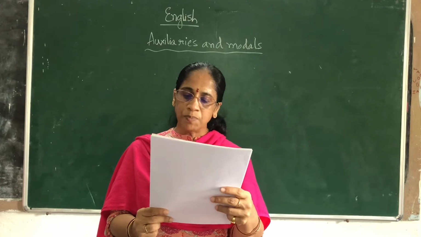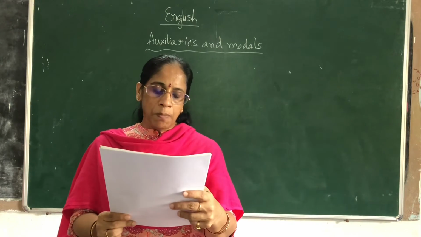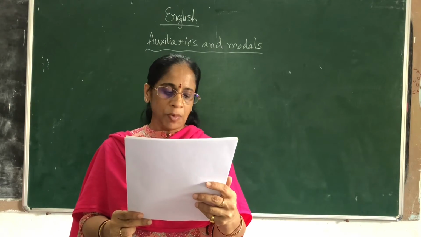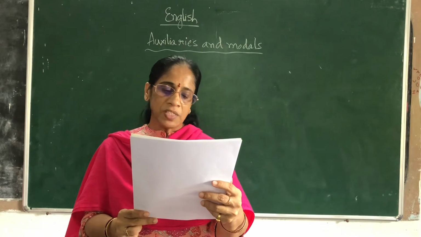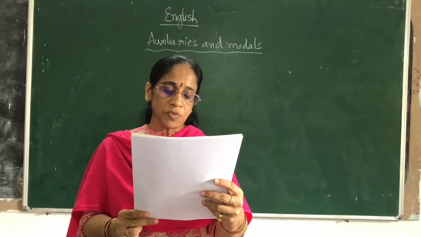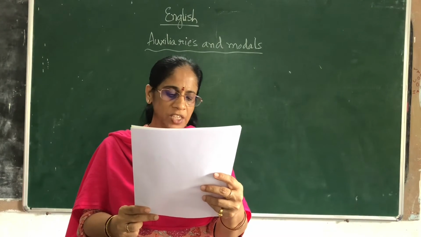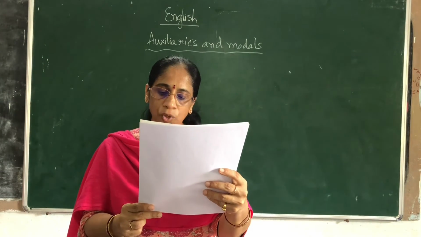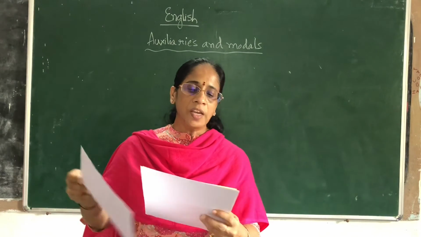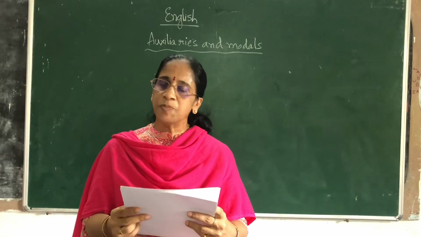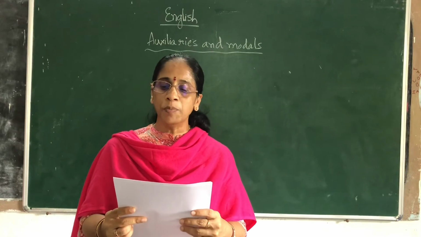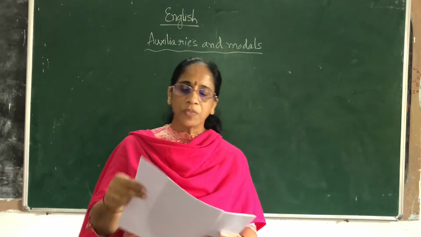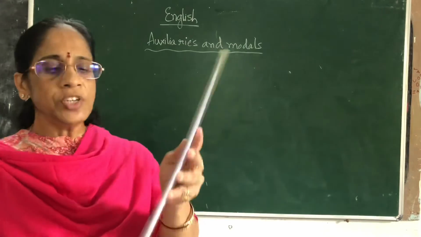Use of auxiliaries must and ought to. Must is used to express necessity or obligation. You must improve your spelling. We must get up early. Must is often used when the obligation comes from the speaker. When the obligation comes from somewhere else, have to is often used. Like, I must be on diet, it is my own idea. But if it is said, I have to be on diet, the doctor has told me to be on diet. Okay? Like this, you can use.